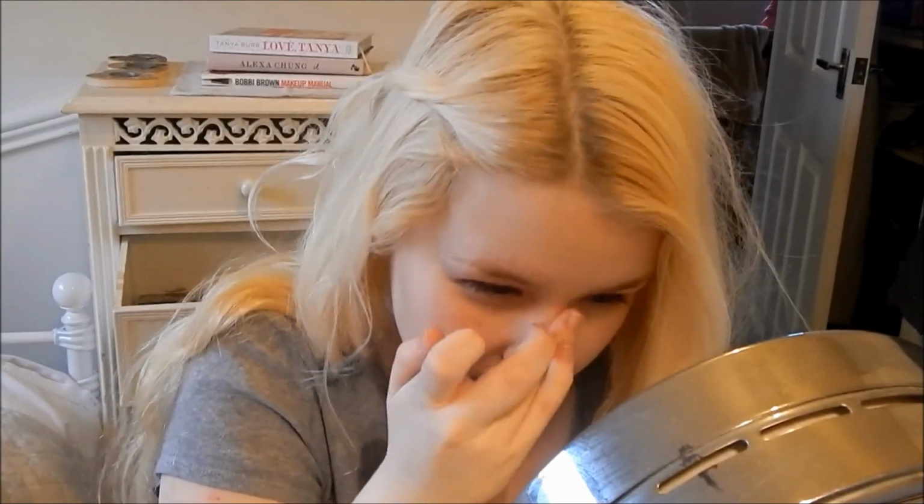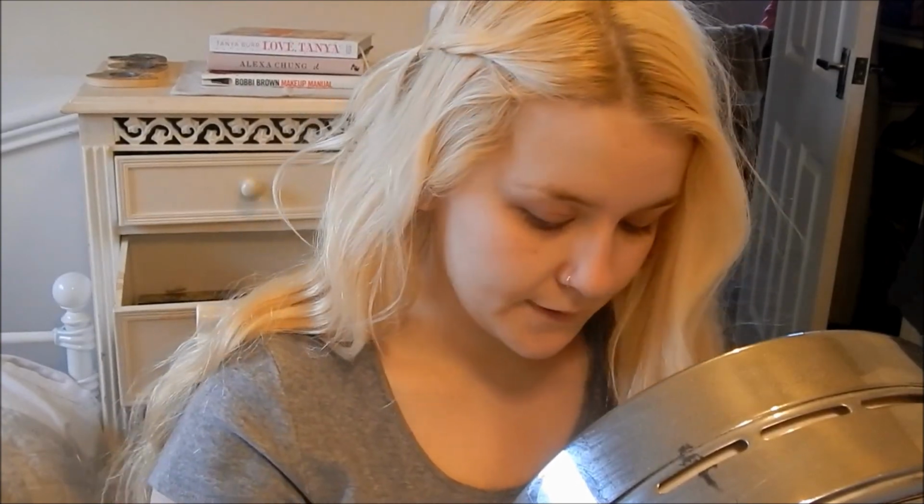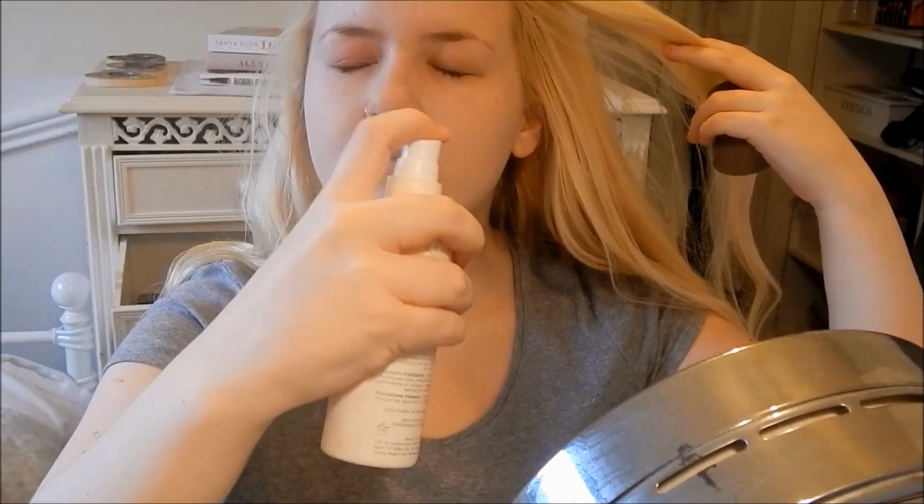on its own. So I usually get a lot of oil on my chin, down my nose, T-zone, and then sort of like on my cheeks as well. So I'm just applying it in those areas. Then I'm using Urban Decay Slick Makeup Setting Spray as always, just spraying it over the primer, just to add more